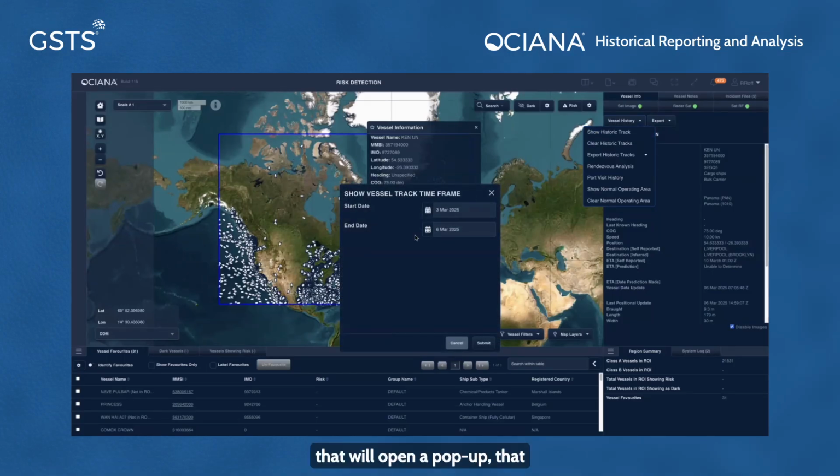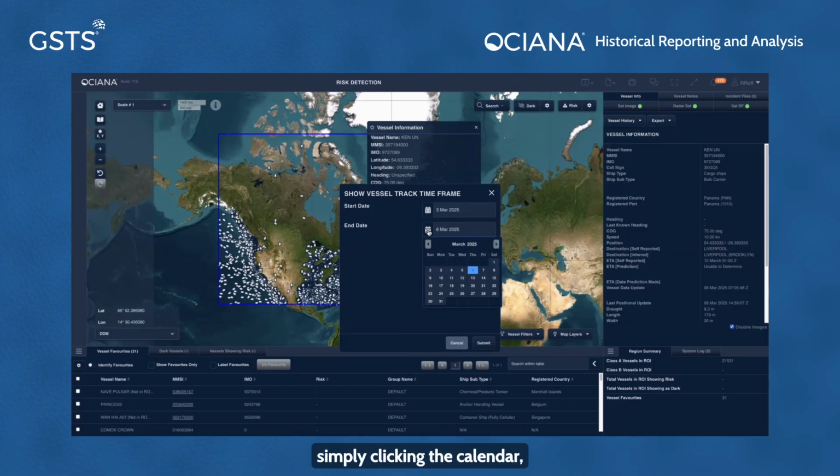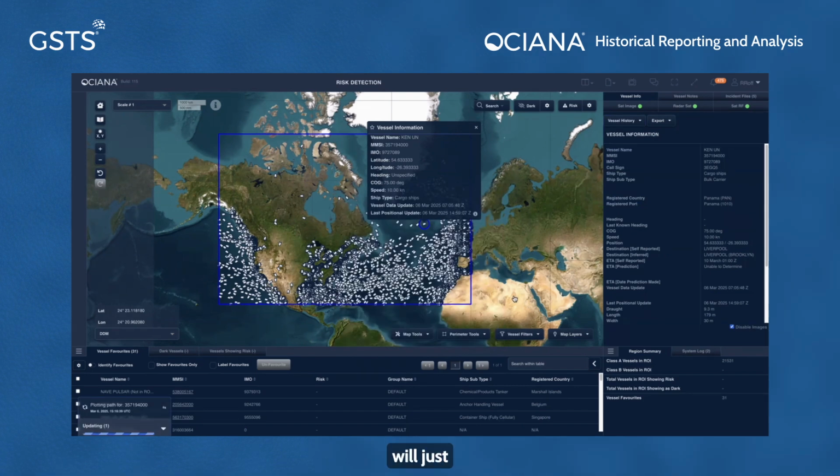That will open a pop-up that shows a start and end range. The default is set to 3 days, but you can change this by simply clicking the calendar and clicking on a different day. So for example, I'll extend this 1 day and you'll get a 4-day vessel track. I'll click submit. The algorithm will just calculate for a moment. You can see the status bar down in the lower left,